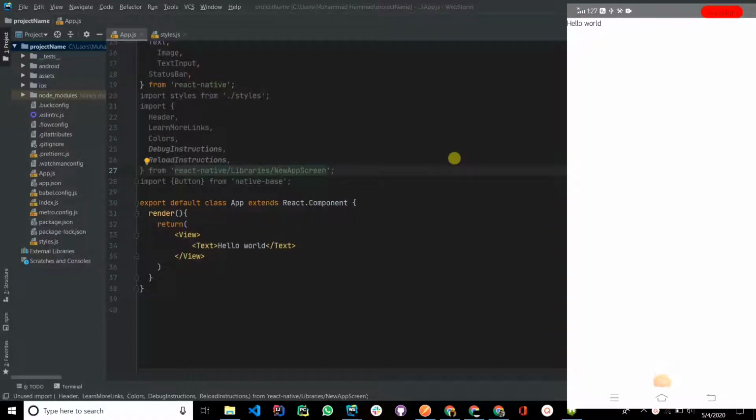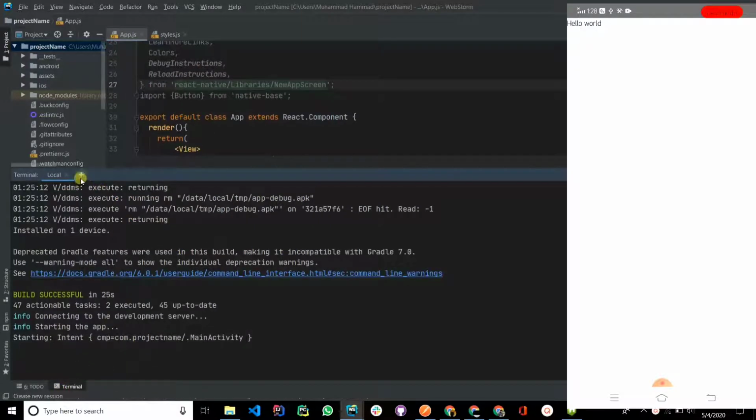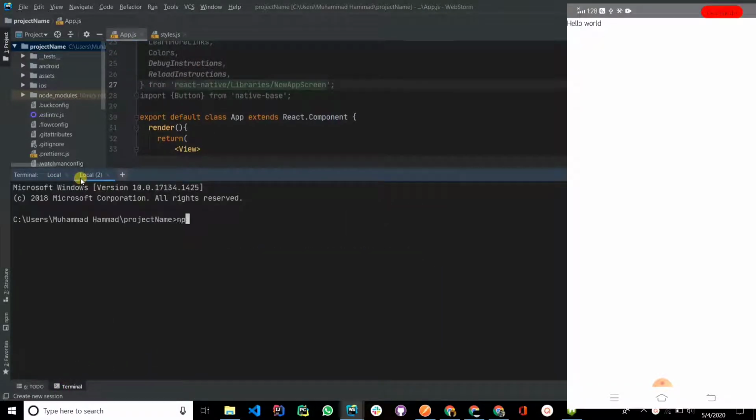Guys, in this tutorial we are going to learn about React navigation, meaning how we can move between the screens in React Native. For this purpose we have to install some packages. The first one is React navigation and the other one is React navigation stack. So open up the terminal and install the packages with npm install